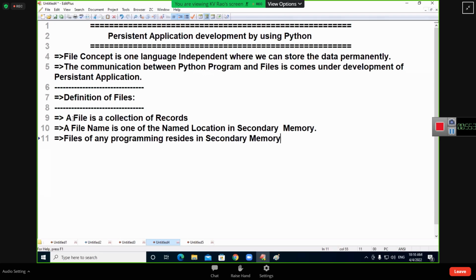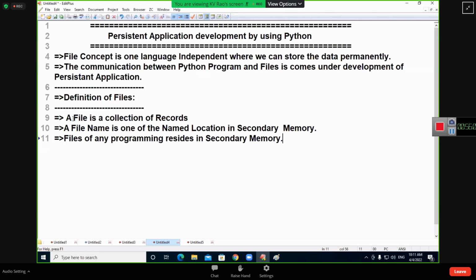Secondary memory. Generally, students face a lot of difficulty in understanding this small fundamental. They don't know the difference between main memory and secondary memory properly. In my personal opinion, your brain is called main memory, and your notes are called secondary memory. Why is the brain called main memory? Because you will forget once a day is over.